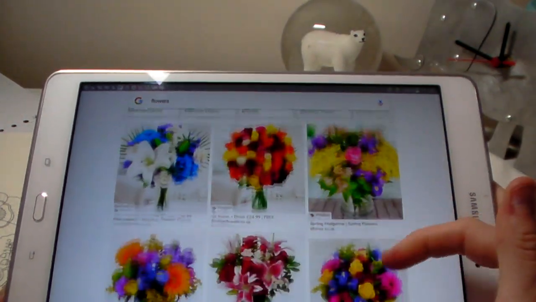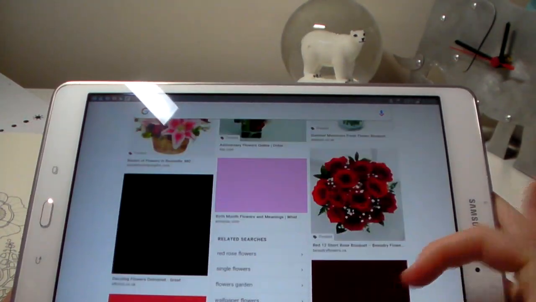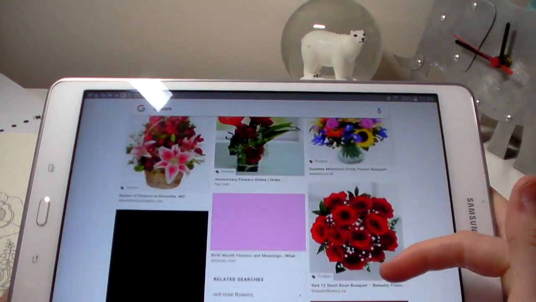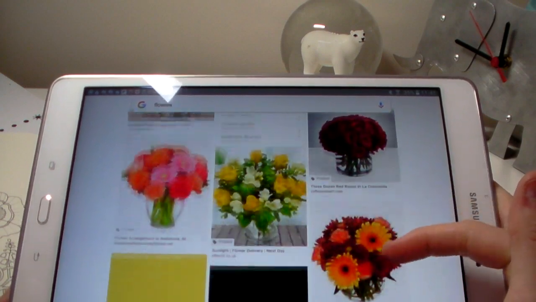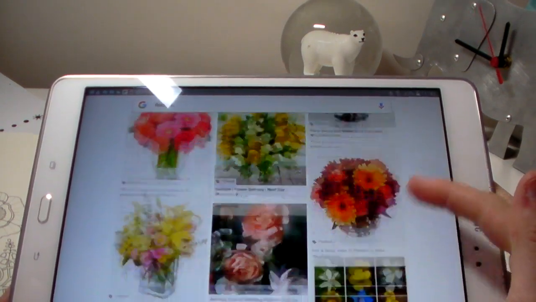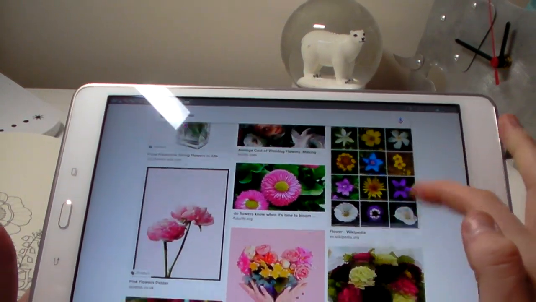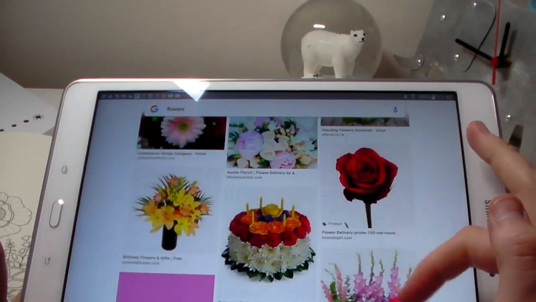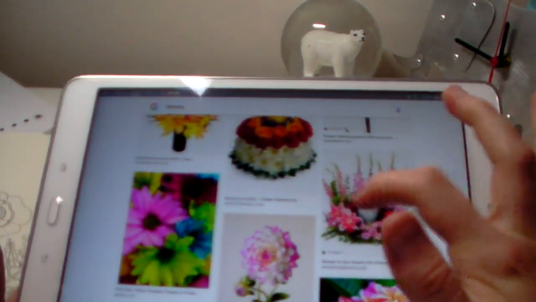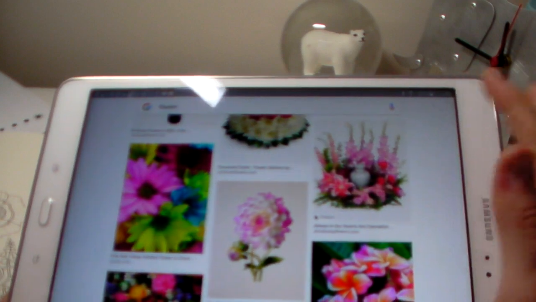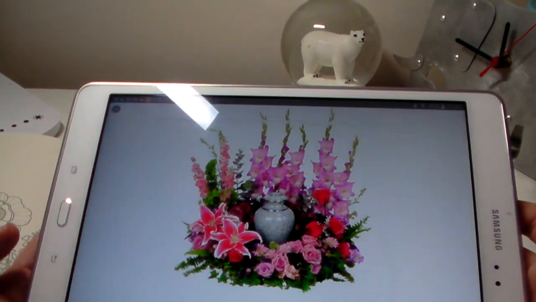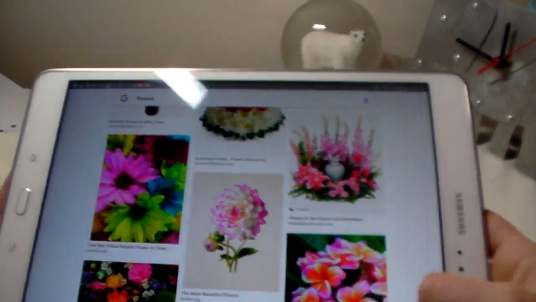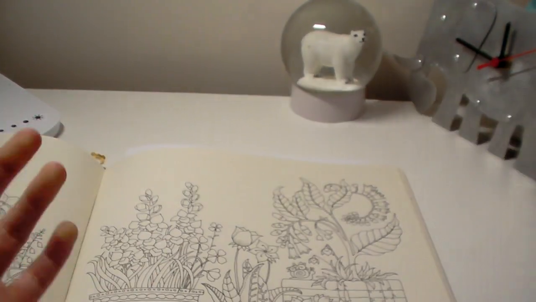And as you can see here, there are tons and tons of flowers. These ones aren't very specific, obviously, if they will load. They're not very specific towards one type of flower, but you can get an idea if you wanted to follow a bouquet of flowers, for example, that have a number of different colours in, then you can do that. The second thing you could do, and I will show you,